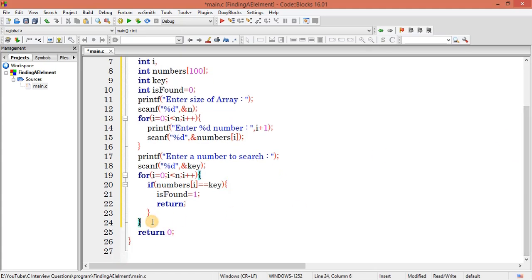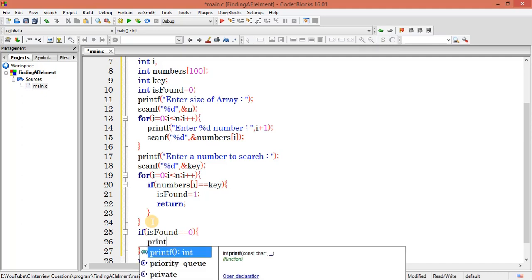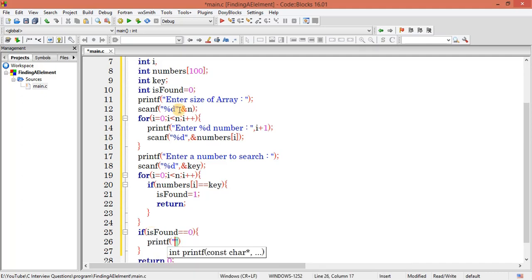At the last, I will write one if condition: if is found equal to 0, that means at the starting state it was 0 and it is still 0, so let's consider the number is not found.